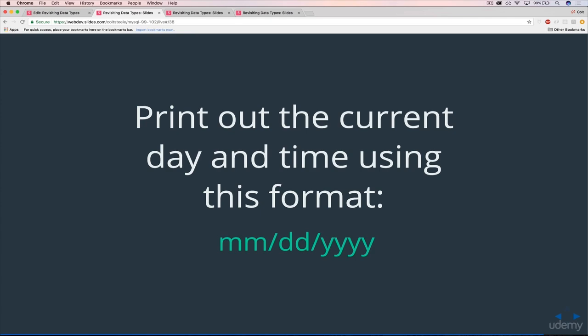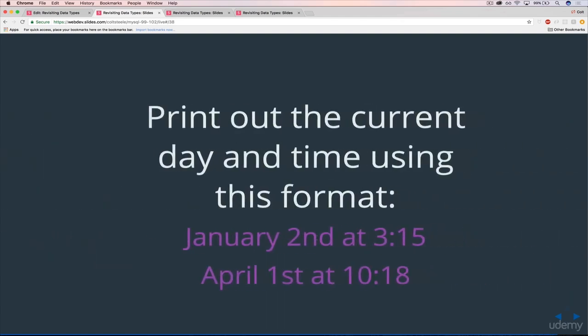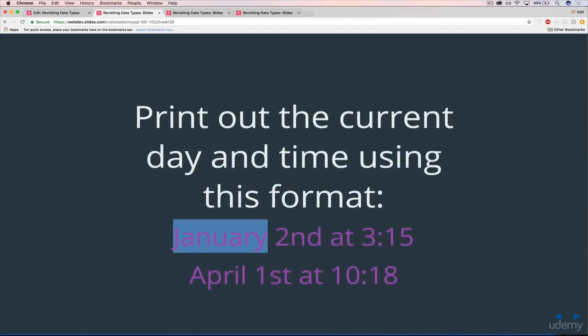And then once you've done that, we have another one. Print out the current day and time using this format, which I wasn't sure how to actually boil down to a nice little formula like we have here. So I just gave you 2 examples. So we have the full month name, January or April. Then we have